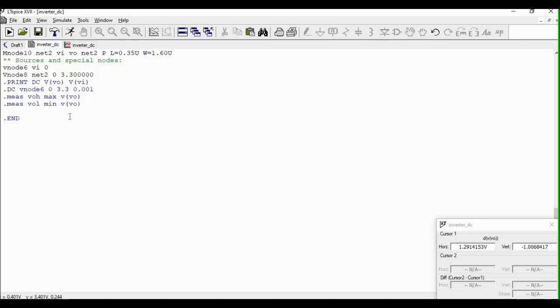So next, we need to solve for VIL and VIH. That can be done using that measure VIL, then another reserve word, find, followed by the parameter, where do you want to get your value from.